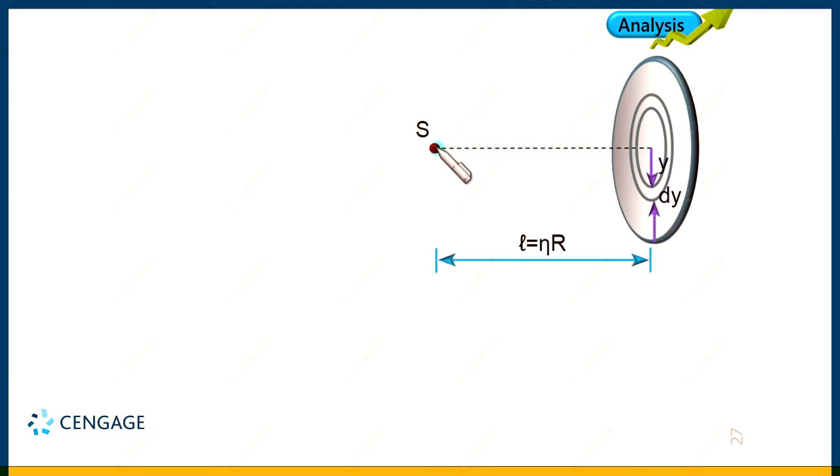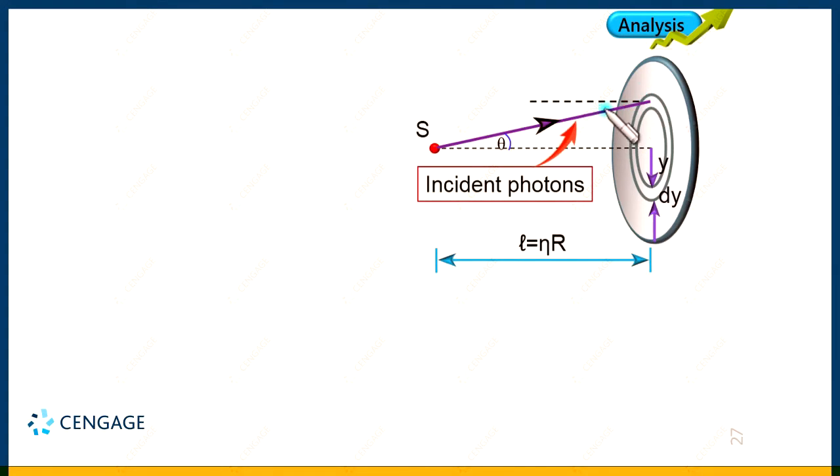So let us do one thing. Let us start a ray from S and incident on the ring surface, this one. Let this angle with the dotted line be theta. That means we can say the incident photons are making angle theta with the dotted line. You can say this is also the axis of the disc. Okay, this one is the normal. That means this angle is also theta,